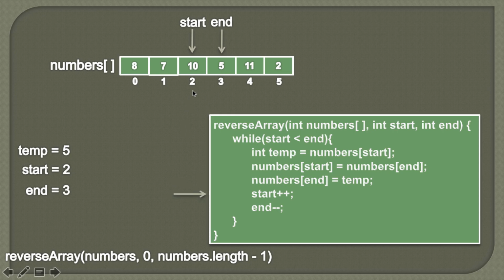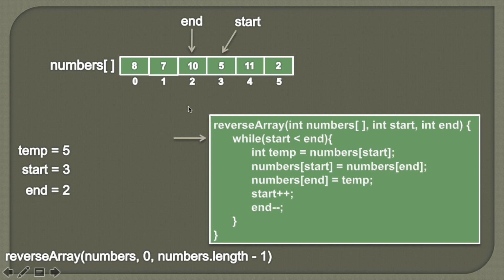and finally we'll increment the start by 1. So start becomes 3, and now it will point to the third index. Moving ahead, and then we'll decrement the end by 1. So end becomes 2, and it will point to the second index. Now in while loop we'll again check whether start is less than end or not. Here you can see the value of start is greater than end, so therefore the condition in while block comes out to be false. And also friend, here you can see that this array is completely reversed.